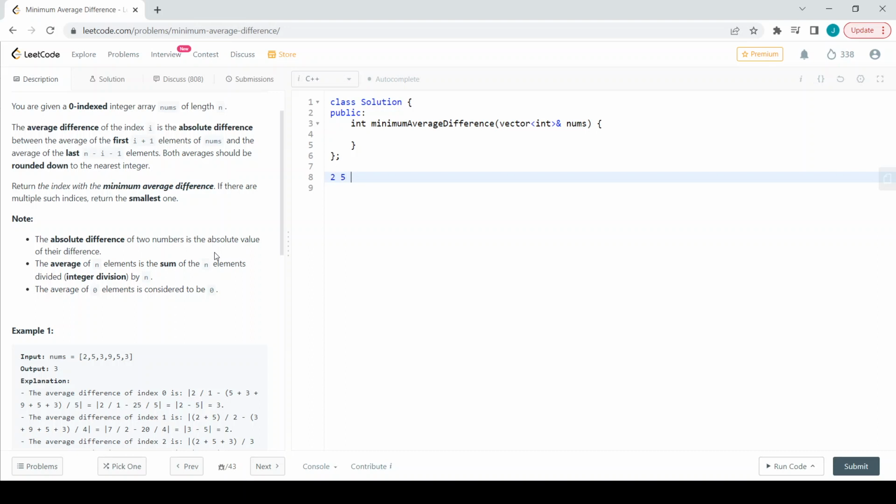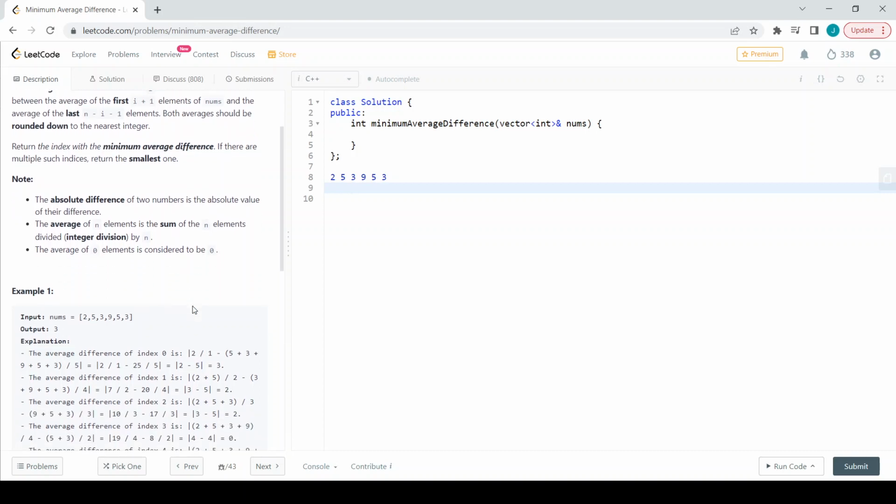So 2, 5, 3, 9, 5, 3. This is the array that is given in example 1. The average difference of index 0 is nothing but 2 by 1 minus, absolute difference, 5 plus 3 plus 9 plus 5 plus 3 divided by 5, which is nothing but 3. Now if we want to calculate the average difference of